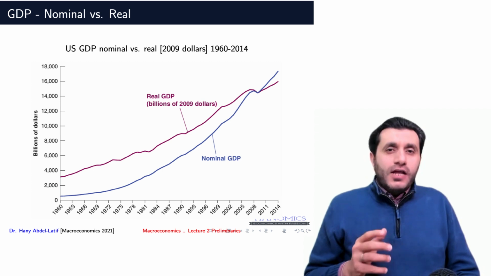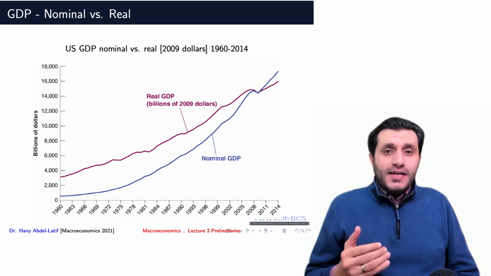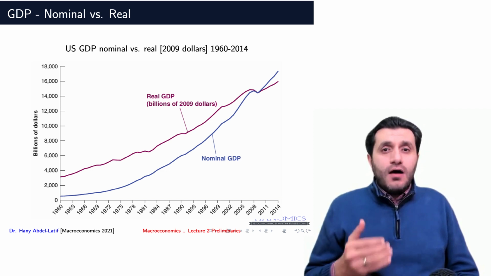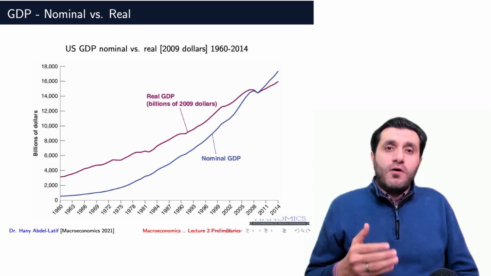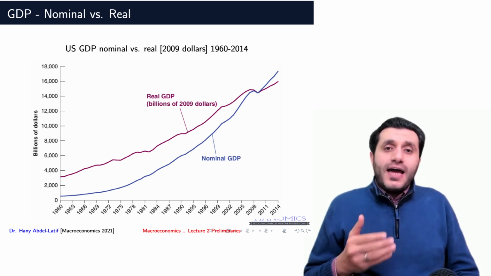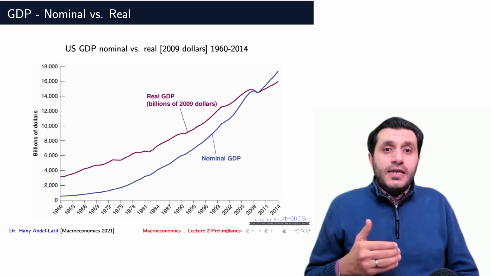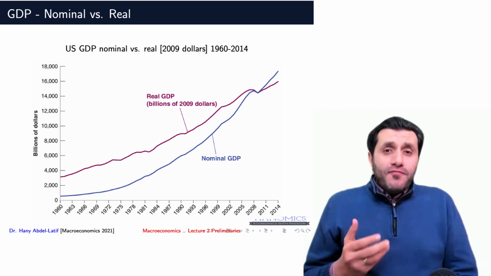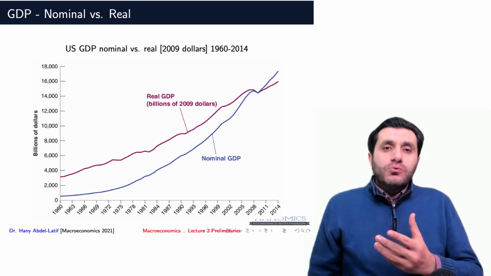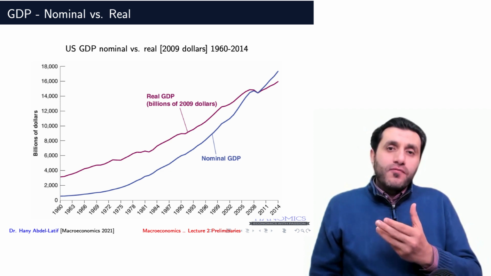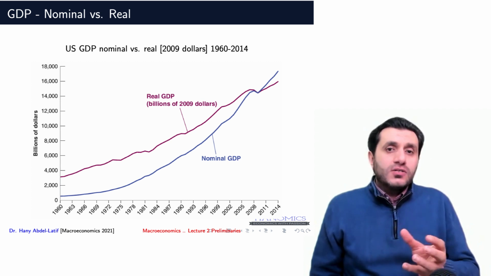We can think of real GDP as an inflation-adjusted measure that reflects output produced by an economy in a given year, with prices held constant from year to year to separate out the impact of inflation or deflation from the trend in output over time. A few more points to consider before we conclude this video. How could we use GDP to compare economic performance across countries considering different currencies and living standards?